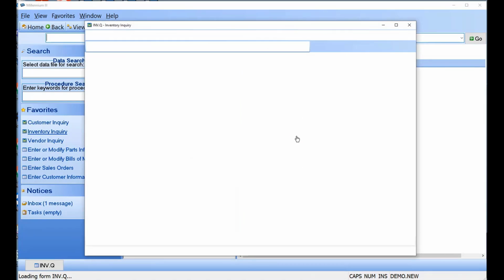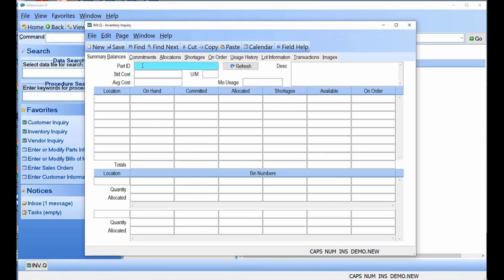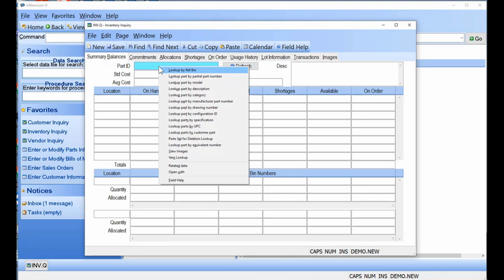Regarding inventory, at this point we come up and it stops at the part number field and says, which part number are you looking for? In this case, similar to what's in the customer file, I can right click or double click and I can